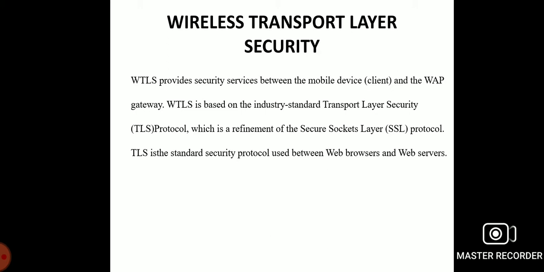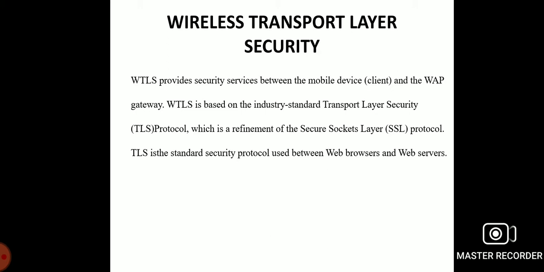So now here the presentation, in this wireless transport layer security, it services between the mobile device client, that is a user friendly application of subscribers, and the wireless application protocol gateway.